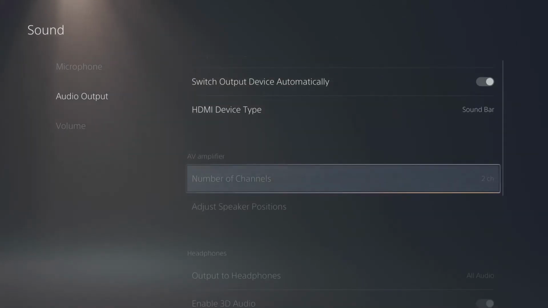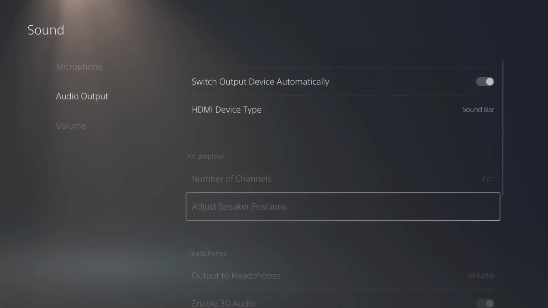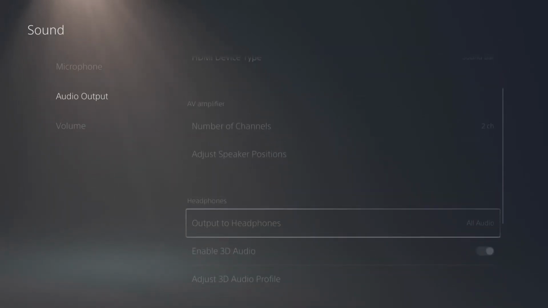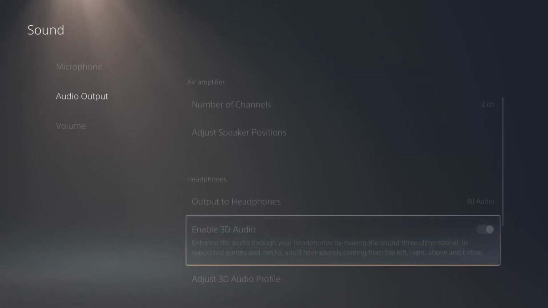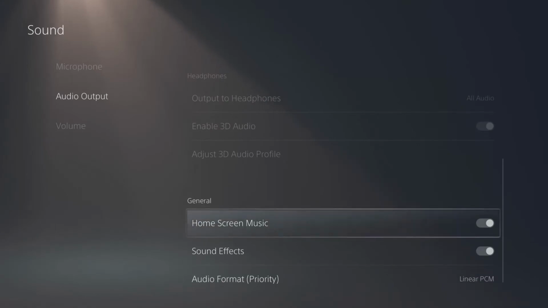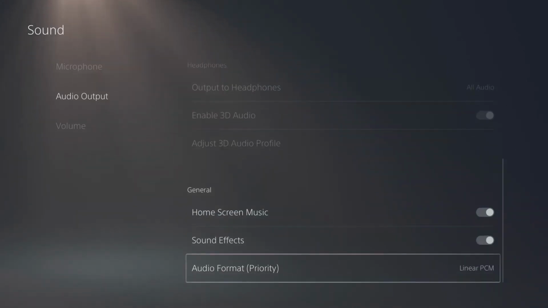So if you've got an AV amplifier, you've got choices here. You can adjust the speaker positions, how many channels of sound there are. You've also got options here for headphones. You can enable 3D audio if you've got headphones, and more sound options down here: home screen music on or off, sound effects, and you've got your